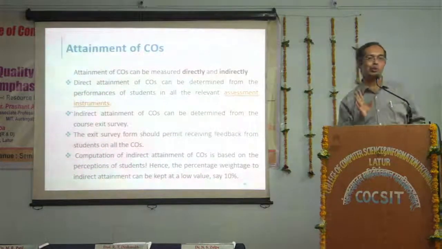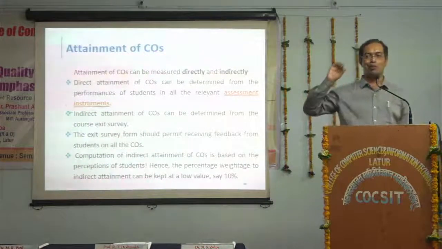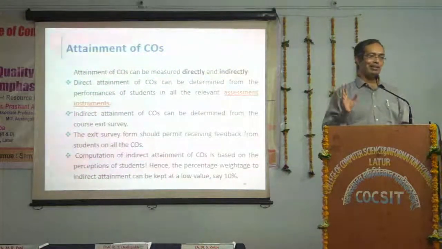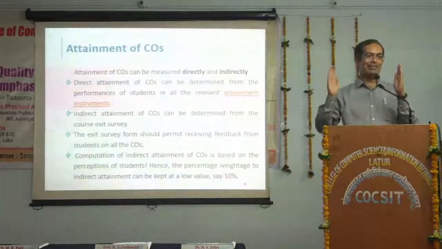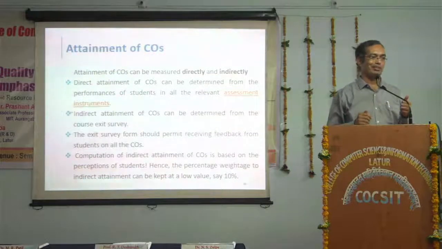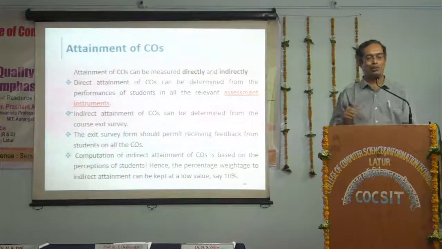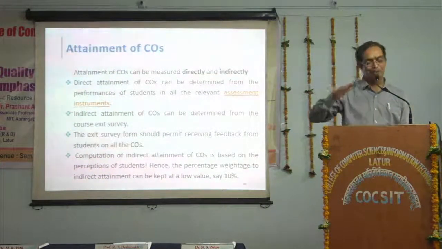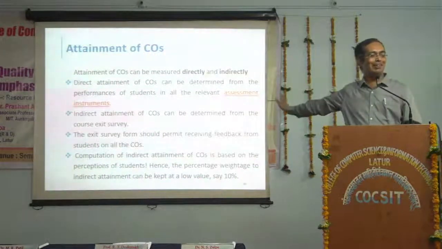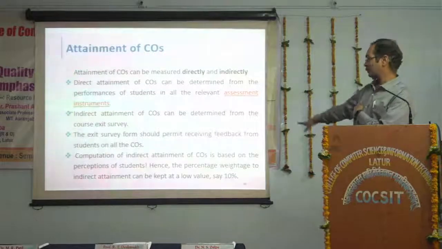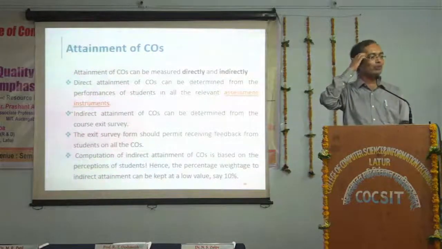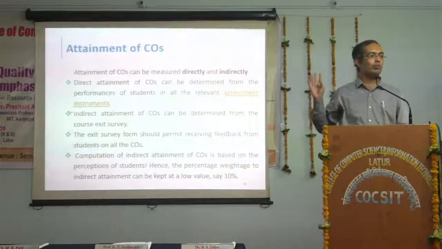As it is based on perception, the weightage given to this is less, right? As I have told, direct and indirect, and perception is always based on biasing. So if a student doesn't like a particular teacher, you will get less grade in that. So that's why it is said that you give less weightage to that. You may have 10%, 20% weightage to your course and survey, whereas most of the weightage will be given to